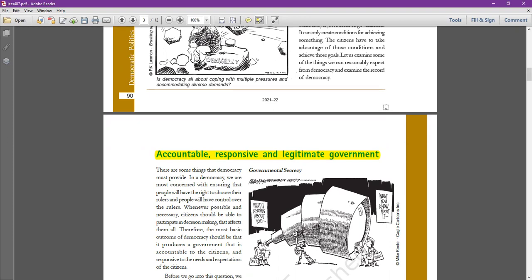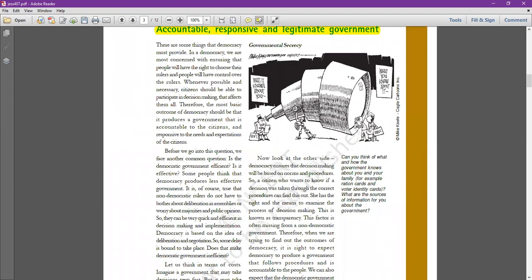So what do you mean by the accountable form of government? It simply means that now the government takes the decision for us. The government is accountable to the parliament, because you all know, just take simple example of India. We elect the representative, the MPs, and those MPs select their leader, and that is called as prime minister. That's how the government is made. Then the ministers bring the bill in the parliament, but they also must have the majority in the parliament. And how is the majority gained? By the support of the people.